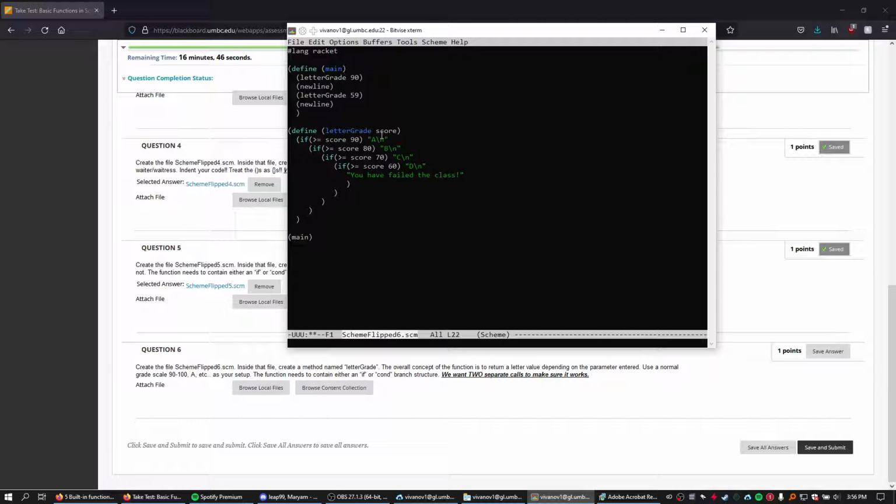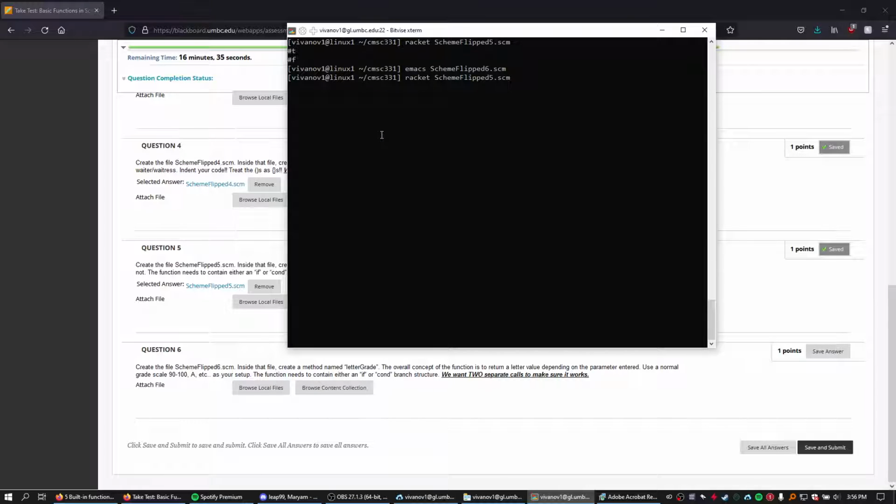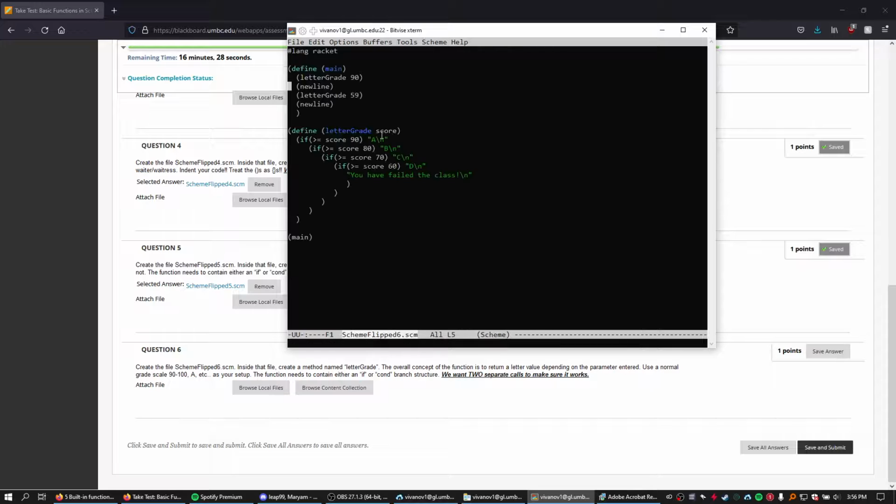Main. Oh, right. Racket flipped 6. Nice, because we're supposed to display this one. Display. Bang. Shouldn't need another display for the last line? You have failed the class. Nope. No, it's just the